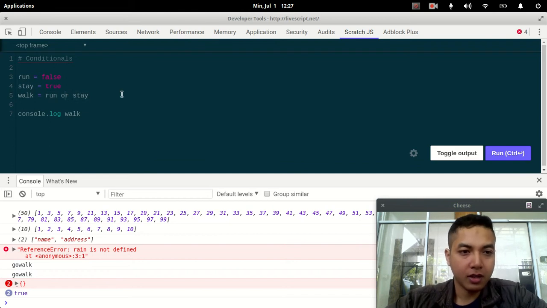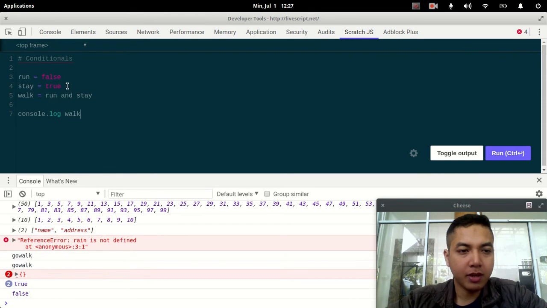Or we can switch it by AND and see what will it return. False, because when AND is used to evaluate two values, it will return false if the first variable returns false. Okay,